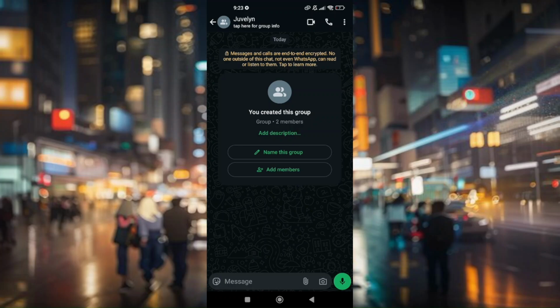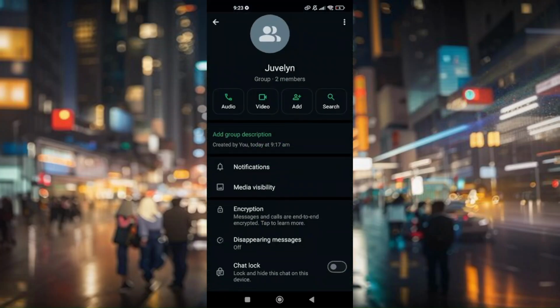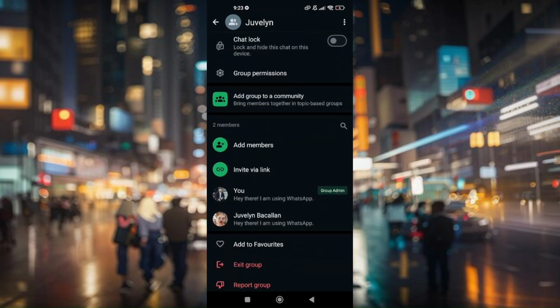Now, once everything is updated, I just want to let you know that whether you are the admin or not, there is always a button there that says invite. So all you have to do is access the group that you would like to share the link with, and then just simply click or press on the group name, scroll down a bit till you find invite via